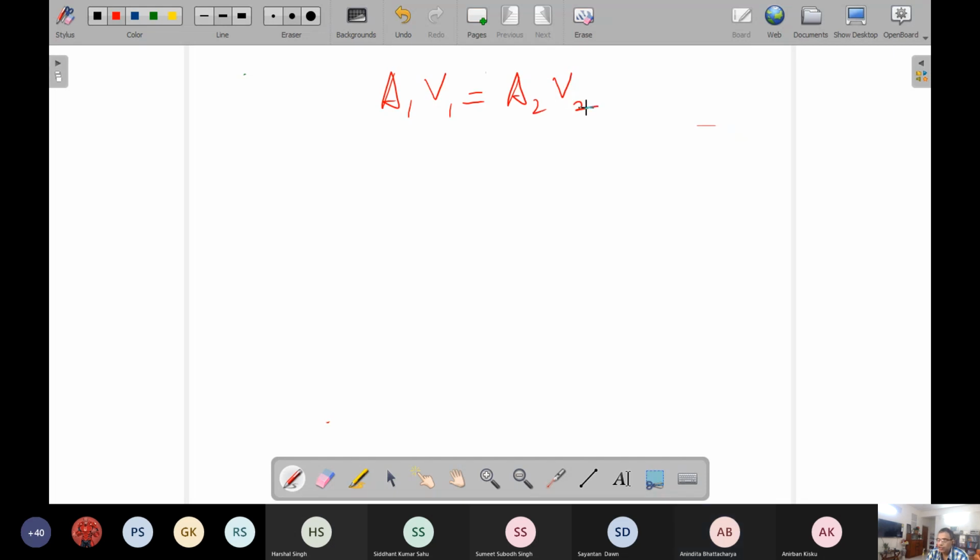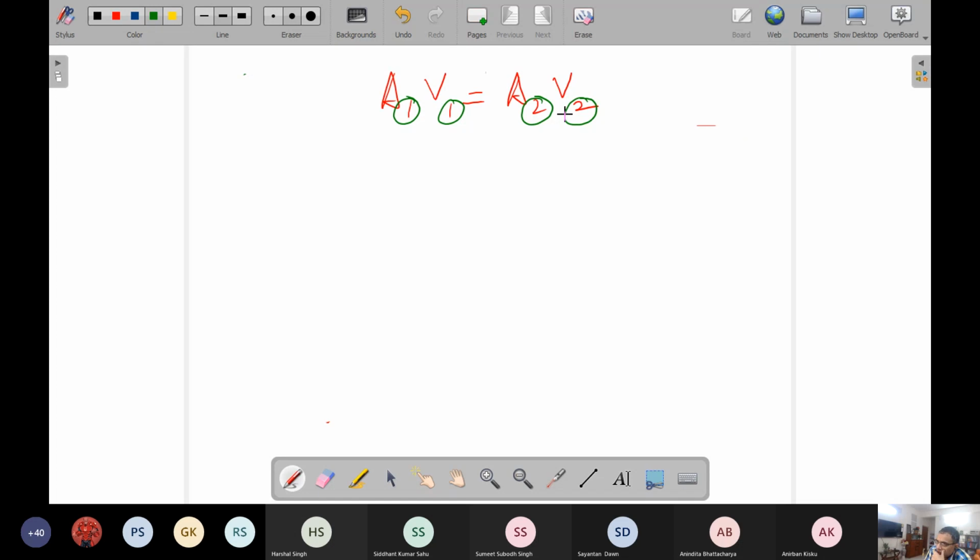So I would not say that whatever is taught in higher school is wrong. But what I can simply tell you is that it gives you an incomplete knowledge in your mind, and if you take it as the final knowledge, you will suffer from the lack of fundamentals through your entire stage of higher learning. So when you say A1 V1 equal to A2 V2, what comes to your mind is normally the subscripts 1 and 2. So this is like a magic formula that you tend to use.